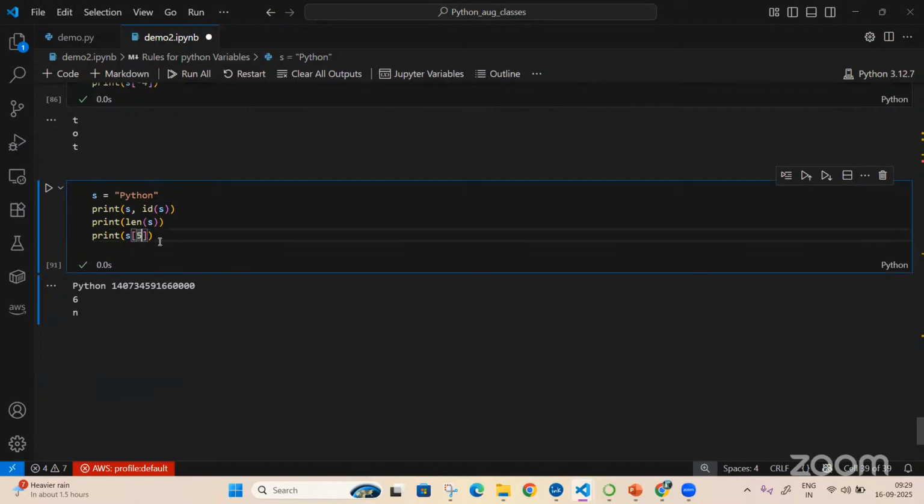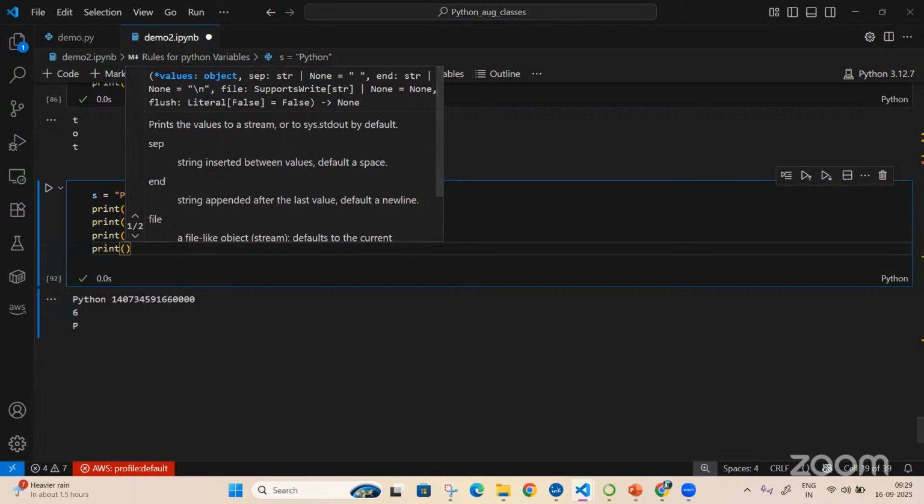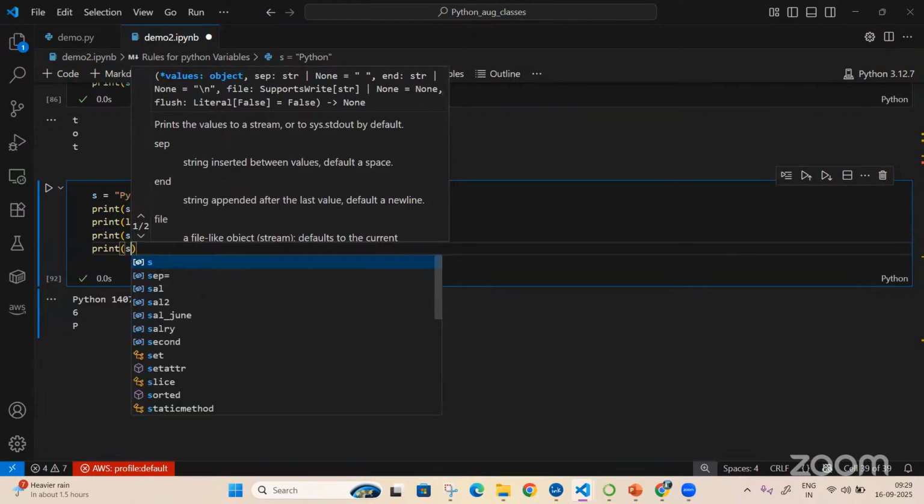Now if I put minus 6, will it throw an error? No, it will print P. Now let me know what will happen.